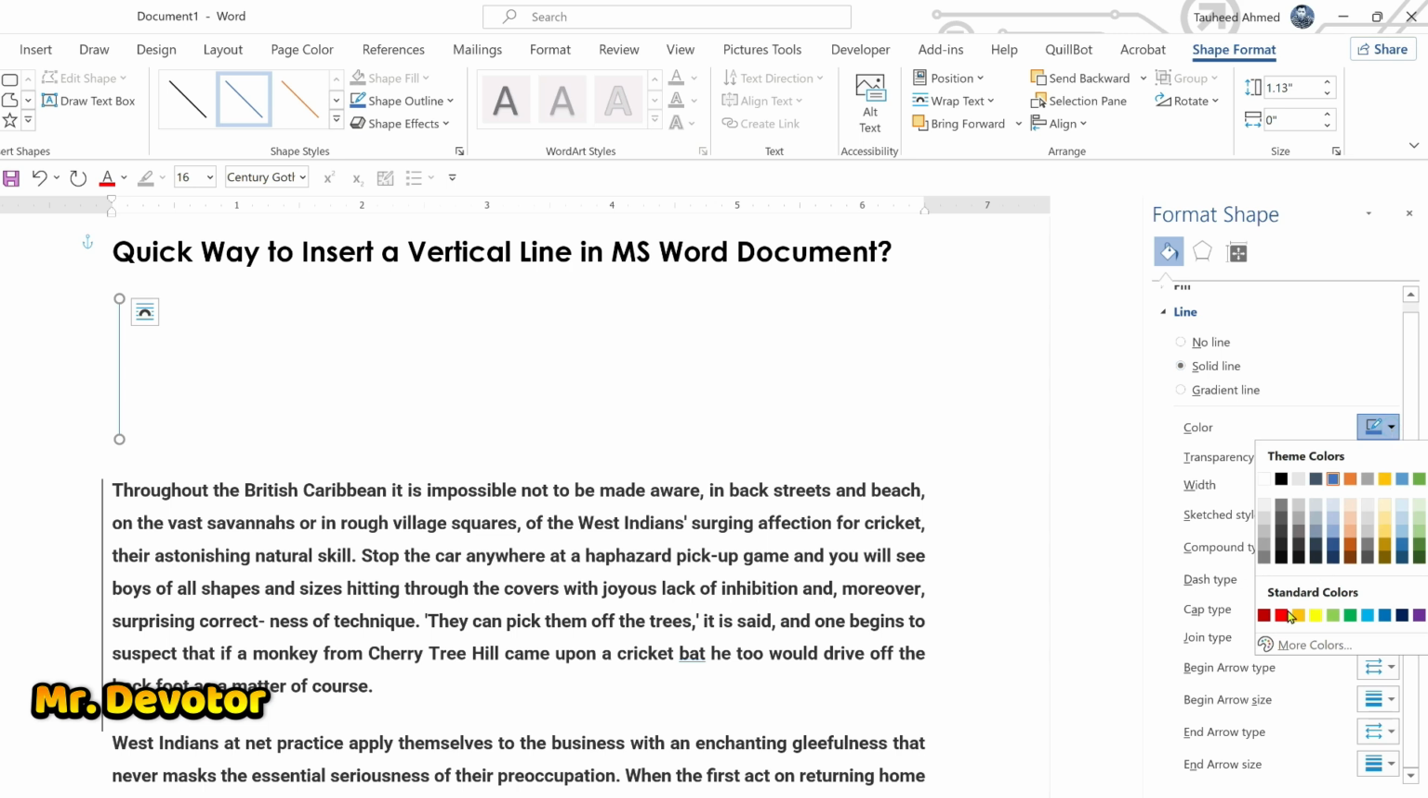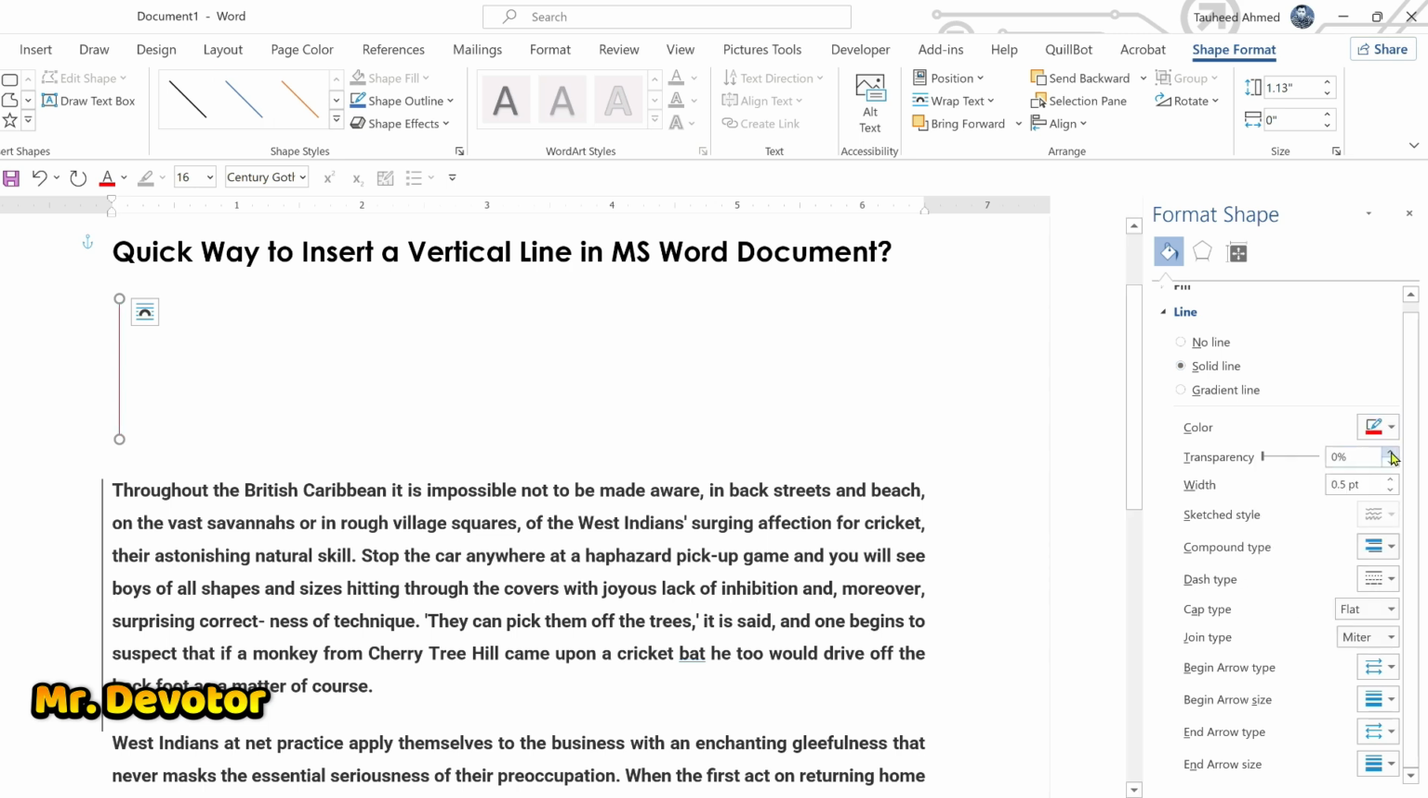Select the color of your choice. For example, I am selecting red one. Increase the thickness as per your need. Increase the transparency as per your choice. And in the dash type, there are multiple options. Here you need to select the round dotted line,